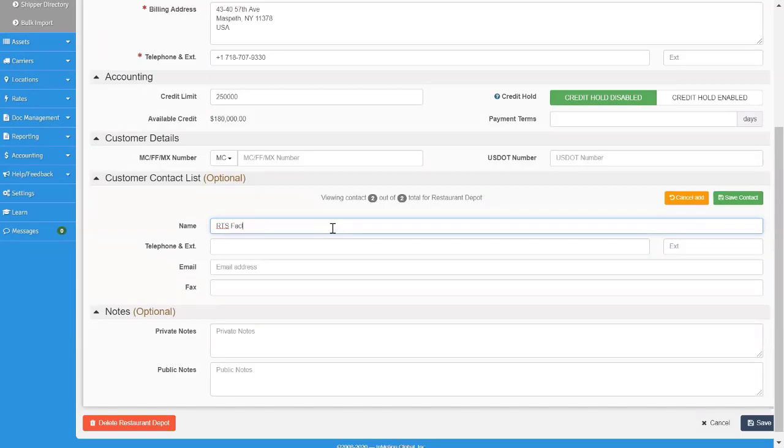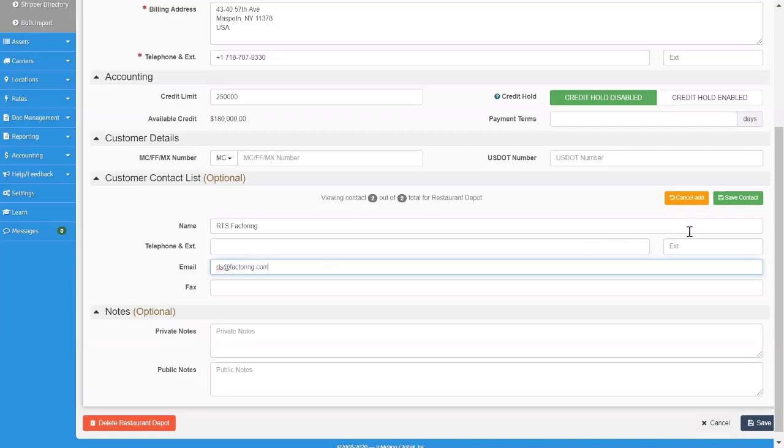RTS factoring. The reason I'm doing this, as an example, is if you guys are factoring with any other company that is not one of our integrated factoring companies, such as Triumph Business Capital or Phoenix Capital Group, let's say you're working with RTS or OTR or some other factoring company, you guys can still utilize Ascend and the emailing option in accounting, because as you saw and you will see again, you can send not only the invoice and all the load data, but all the supporting documents and everything that your factoring company requires in an email.